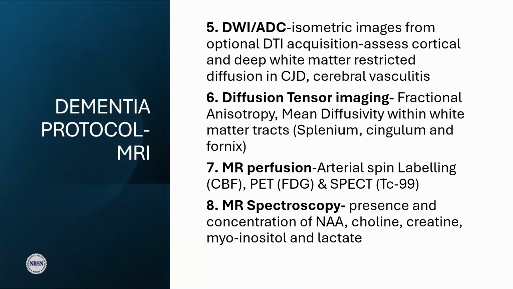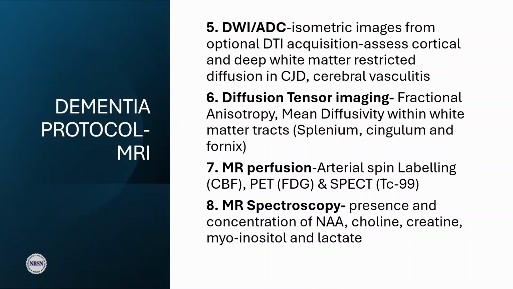So it also makes sense for us to explore this aspect of magnetic resonance such that wherever there are no neurons, it's expected that there is no perfusion, it's expected that metabolism is also reduced as well. Then MRI spectroscopy just tells us about the presence and concentration of several metabolites in the brain, such as choline, creatine, N-acetyl aspartate, myoinositol, and lactate